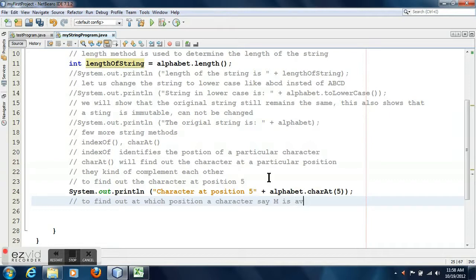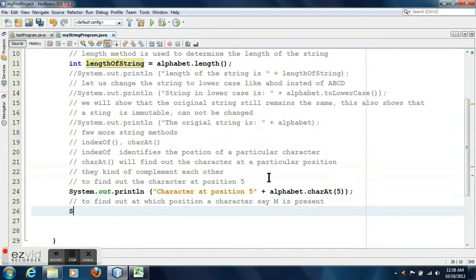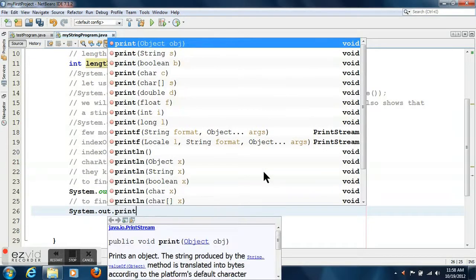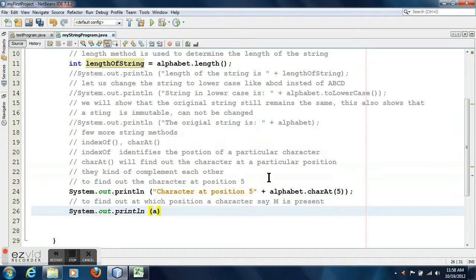Now if I want to find out in which position the character M is present, here we will be using indexOf. IndexOf is just the complement of charAt. For indexOf, the parameter should be the character.